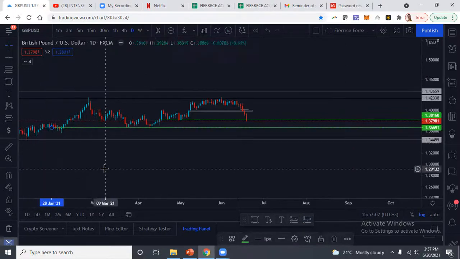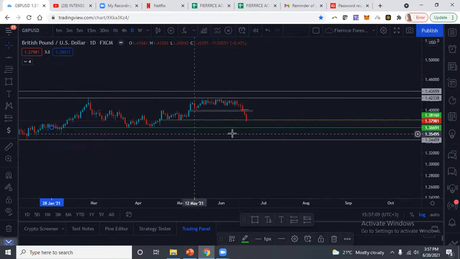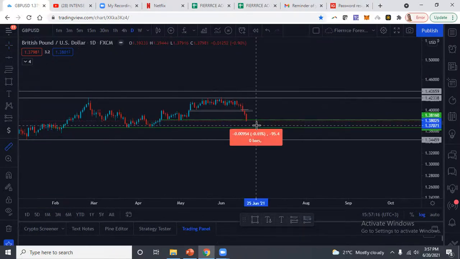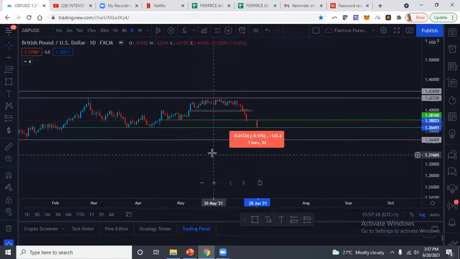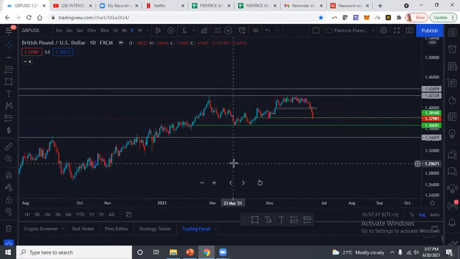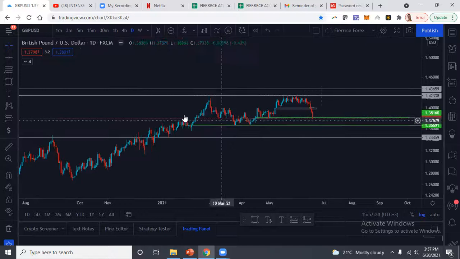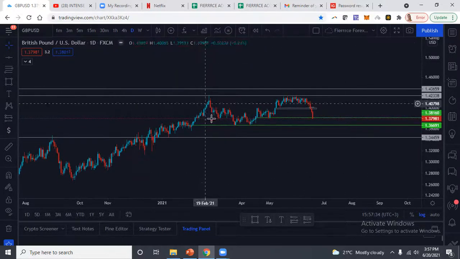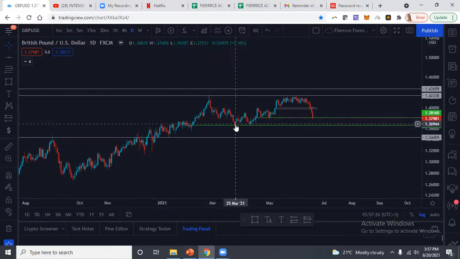But this level, 1.36691, is a very key level. We may try to test it. Okay, that's about how many pips away? 133 pips away from where price closed, right? So still looking bearish, okay? But remember, we're in a sideways trend, and this could just be a correction or an accumulation phase as we continue to the upside. So I'll wait and see what happens, okay? Yeah, I'll wait and see.